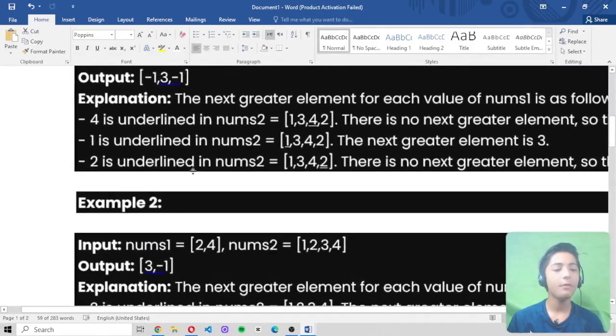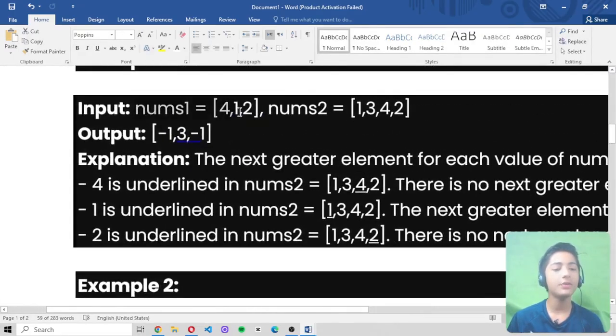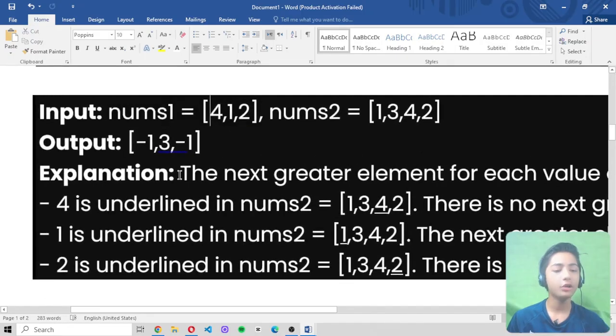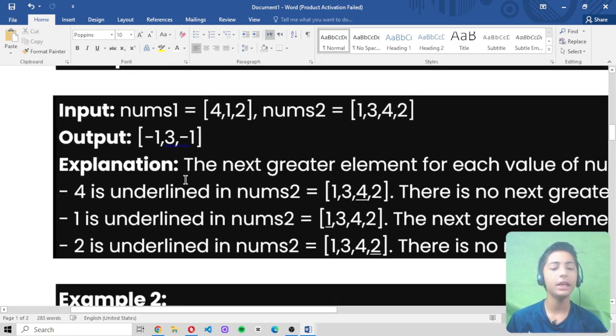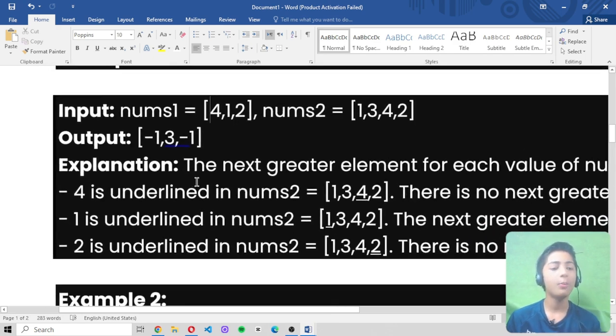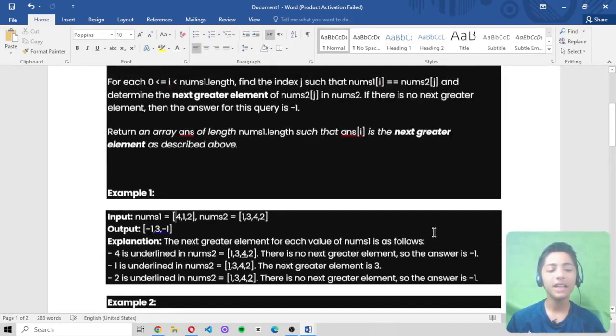Now example 1, if you see here, it gives one integer array nums1 in which it wrote 4, 1, 2. Then it gives one more integer array named nums2 in which it wrote 1, 3, 4, 2. And the output is -1, 3, -1. Now why is this output coming?